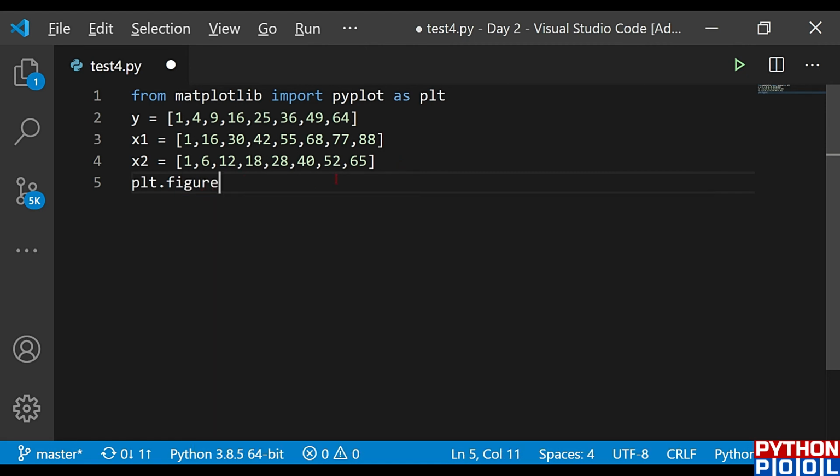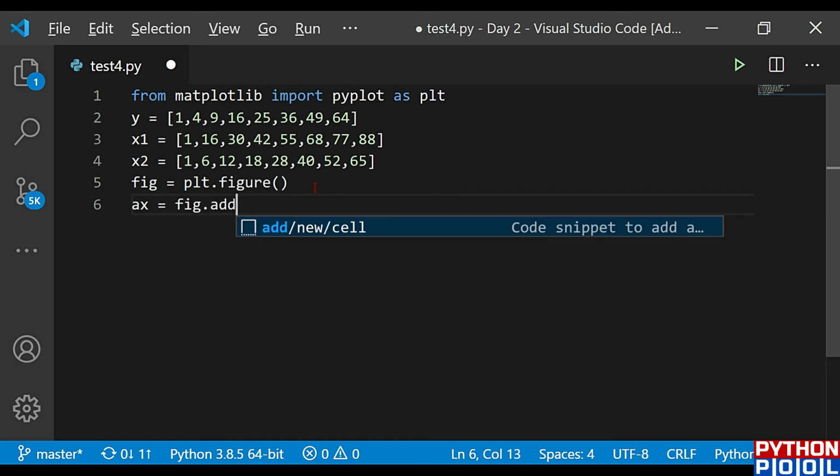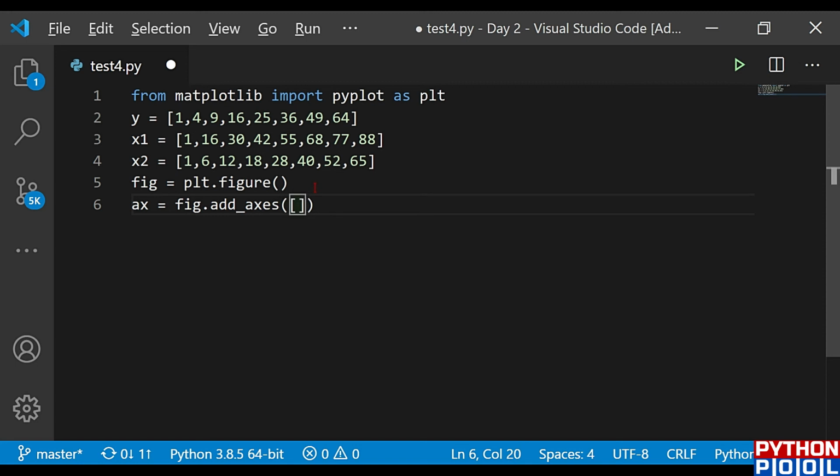and I'm going to store all of these properties in another variable, name it as fig. So I have my figure function properties in this fig variable, and I'm going to create one more variable, that is ax, which would contain the properties of axis. So fig dot add axis, I'm going to call this add axis function. My axis should be 0, 0, 1 and 1. These are my parameters for my axis.